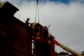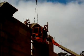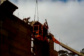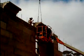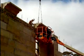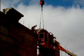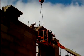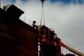Once they get that cornice secured really well, he's scratching his back. Okay, he'll laugh when he sees this on the video. Once they get that secured really well, they'll unhook the cables that lifted it. They'll be shimming it right now as well too,